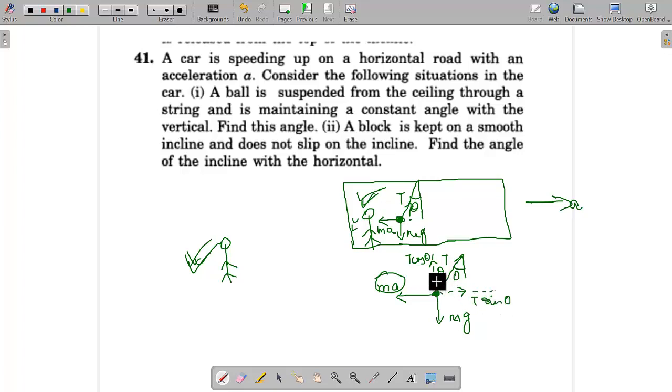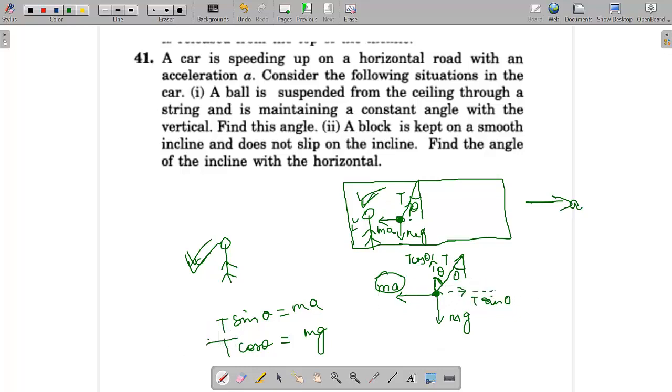What I had told is, with whatever the angle is being made, that will be cos, and the opposite side will be sine. So this T sin theta should be equal to ma, and this T cos theta should be equal to mg. No acceleration, all the forces should cancel each other. So this T cos theta in the upward direction should be equal to the downward direction force. This ma should be equal to this direction force, T sin theta.